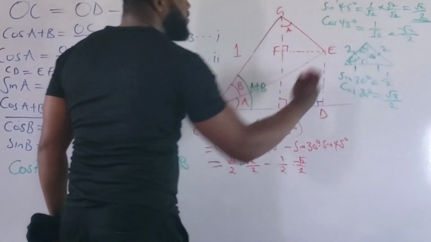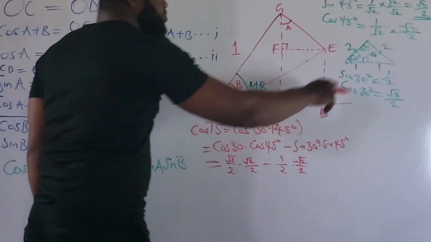We would have used 1 all over square root of 2, but using that, we will need to